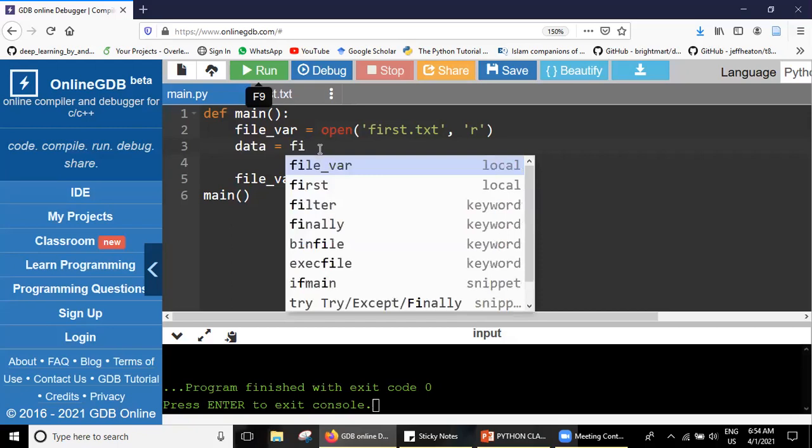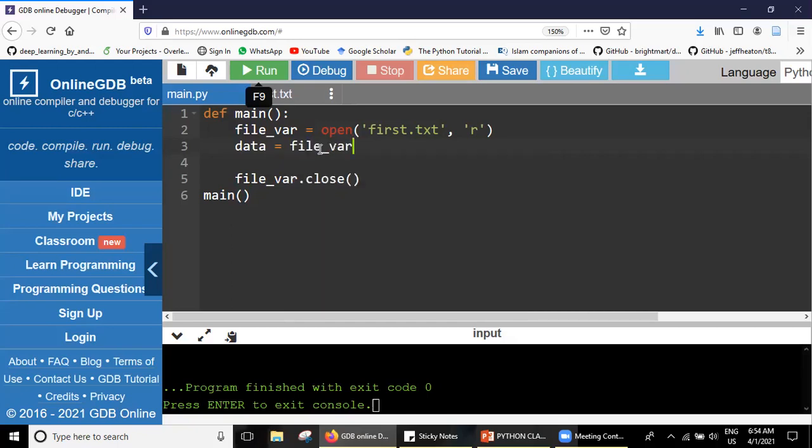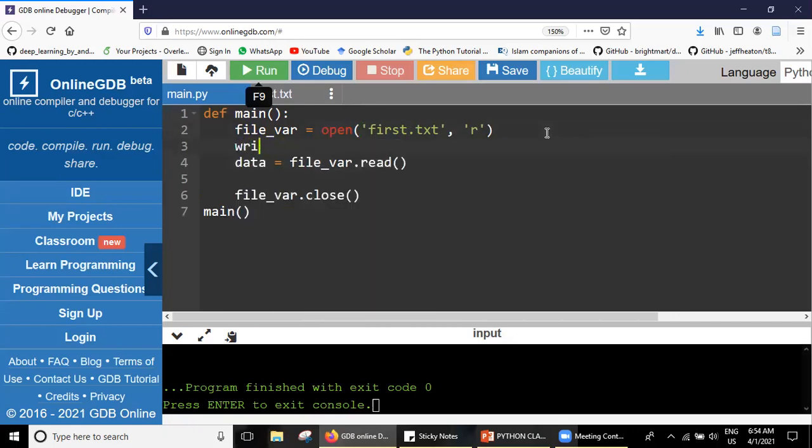Using the file object dot, there is another function called read. What we have learned here is open, and another function called write. When we are writing something, we use the file object dot write, and whatever we want to write, we write inside it like a print statement.